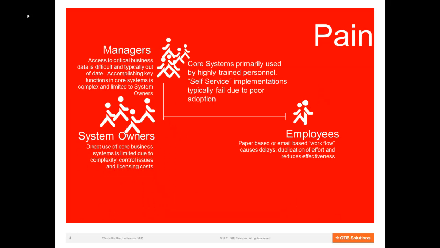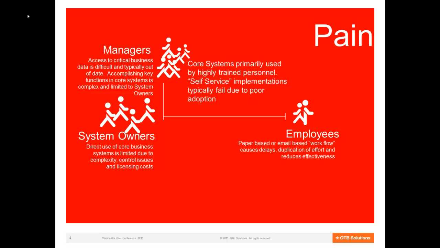Let's discuss now some of the pain points experienced by key stakeholders when considering the deployment of solutions like these. Typically, you find most mission-critical applications are used by highly trained personnel, and that access is tightly controlled and severely limited to ensure integrity in process and data. Additionally, we find that attempts at implementing self-service applications fail due to shortcomings in the user experience, which lead to poor user adoption. So while the value of these kinds of solutions is apparent to most concerned, system owners are hesitant to open access up because they are responsible for ensuring the continued successful processing of the system, which is